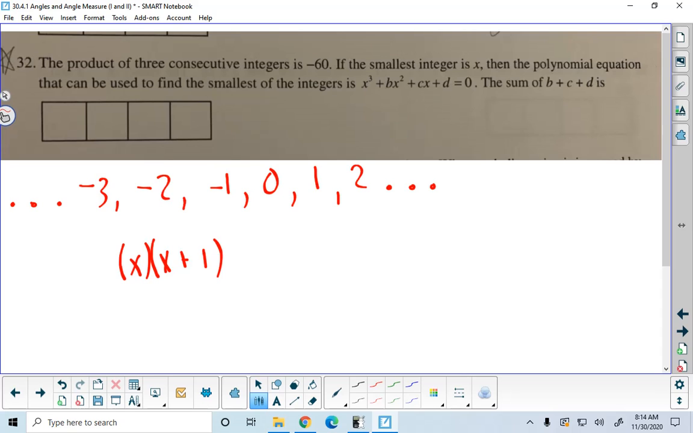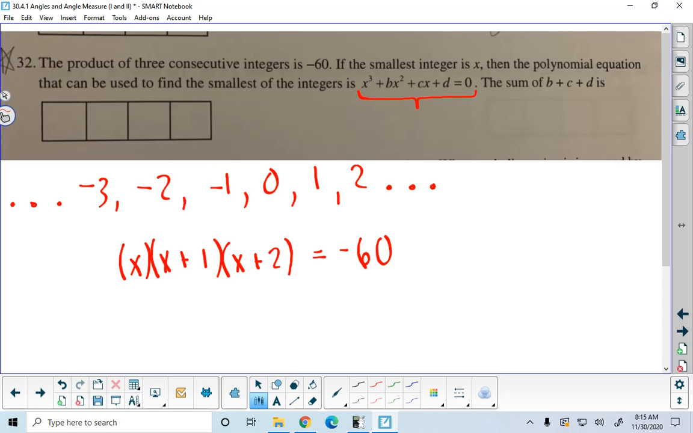So that means that if my smallest integer is x, then the next integer is x plus 1, and the integer after that would be x plus 2. So what I've written here is an expression for the product of these three consecutive integers. Now this is equal to -60, and it says that if you want to solve that equation for x,